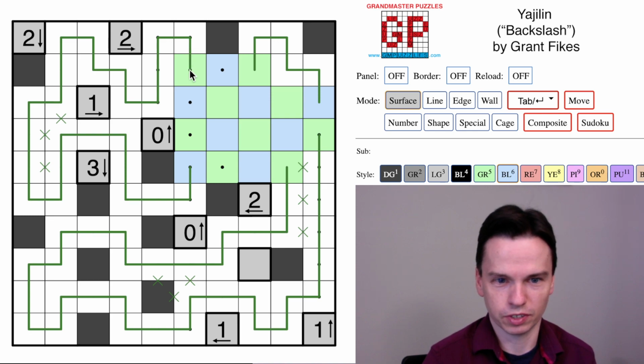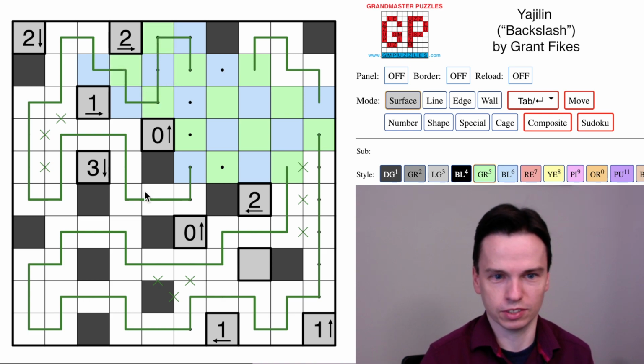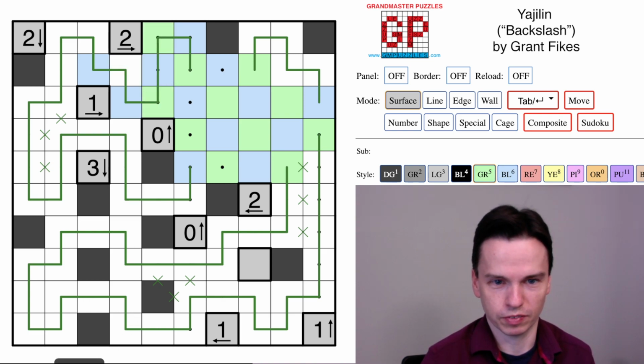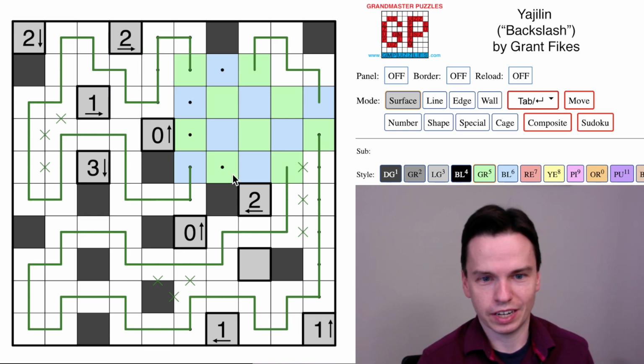So it's going to have an equal number of green cells and blue cells, and I could actually keep shading more of the loop. I mean, if we did this all the way, you'll see that the loop is effectively doing green, blue, green, blue, green, blue everywhere it goes. When we're in an isolated part of the grid like this, when we mark in the shading, what we'll actually